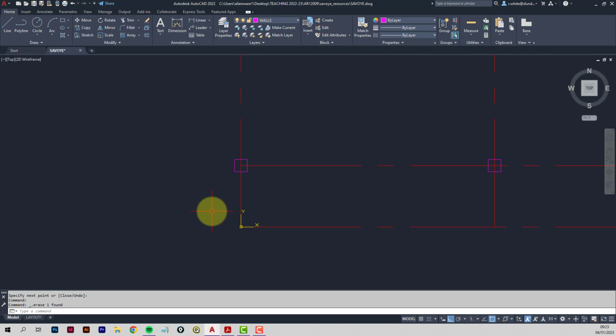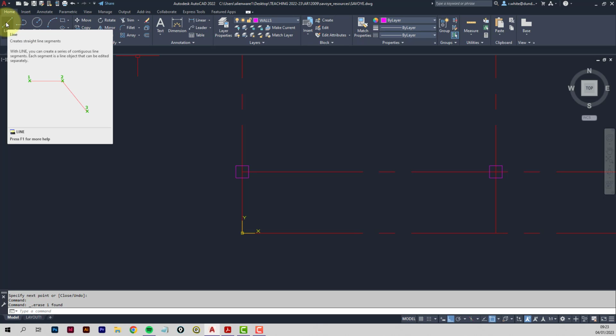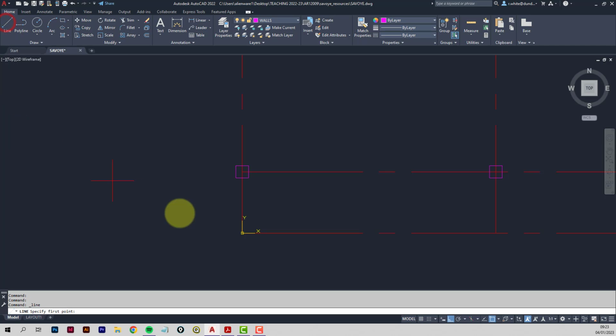3B, fairly similar. We don't need to do an offset to start off with though. We can go from corner, and I need to go perpendicular to this line. So what I'm doing is leaving my cursor over the line and then tapping the tab key until perpendicular shows up where I need it. Enter to stop. Enter to bring back the command,